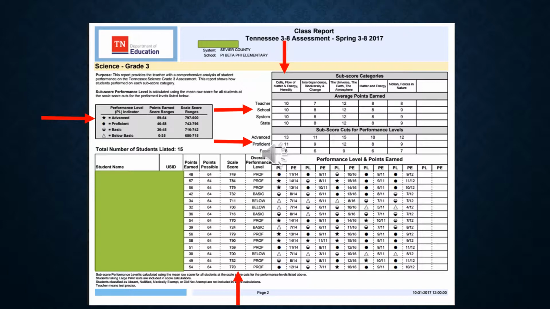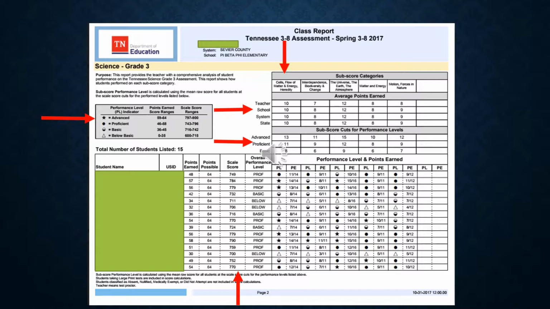The first student's performance level was a black circle under PL. They earned 11 out of 14 points under the PE. And both the PL and the PE were in the reporting category of cells, flow of matter and energy, and heredity. The key to the left tells us if the student scored advanced, proficient, basic, or below basic in